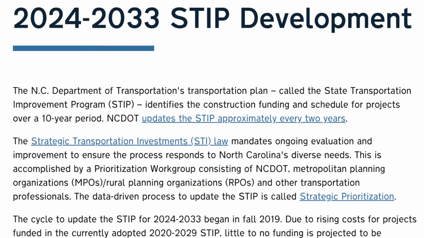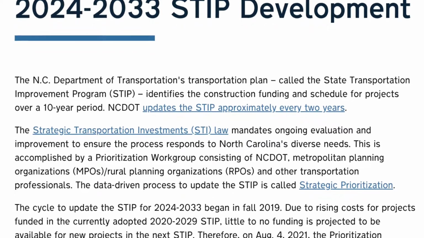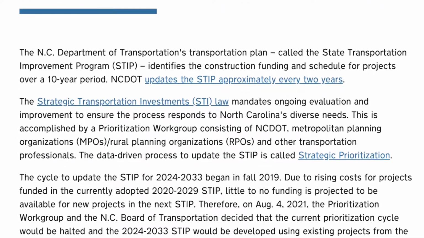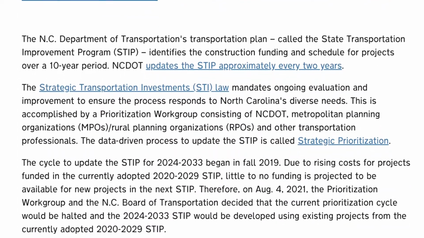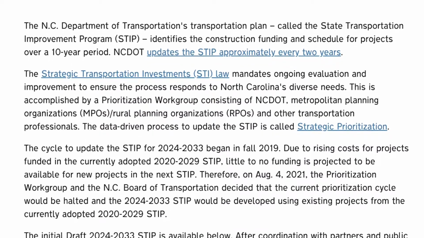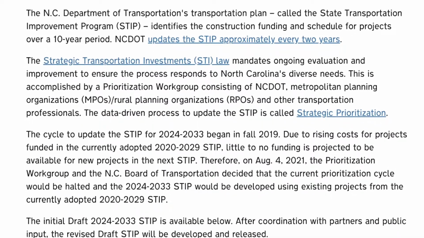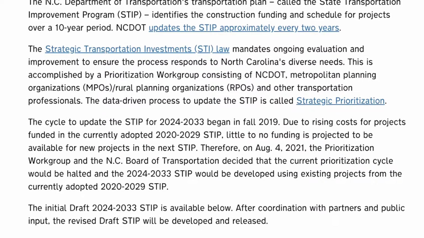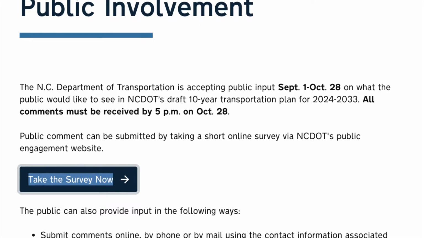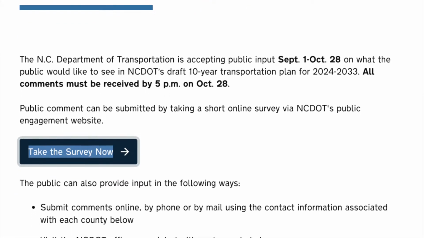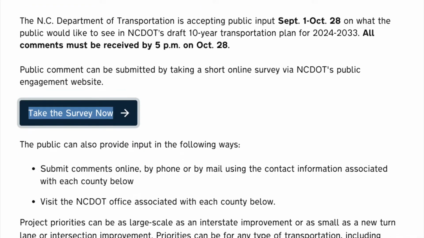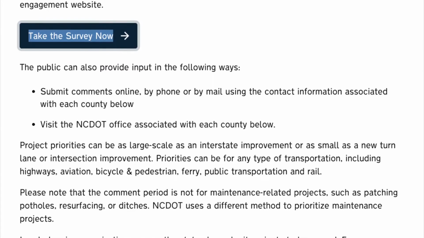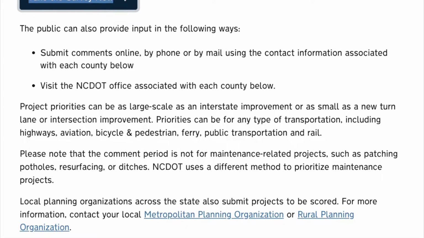Joining us today to learn how to impact active mobility prioritization within NCDOT over the next 2 to 10 years. As you know, every 2 years, the State Transportation Improvement Program is updated based upon state law, public input, and data analysis. With the impact of MAP funding and the reduction of the gasoline tax, active mobility projects are few and far between across the state. But between now and October 28th, you have a chance to impact a limited choice of active mobility projects within the STI.